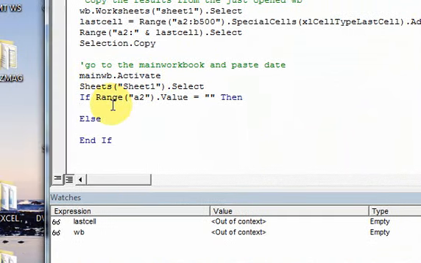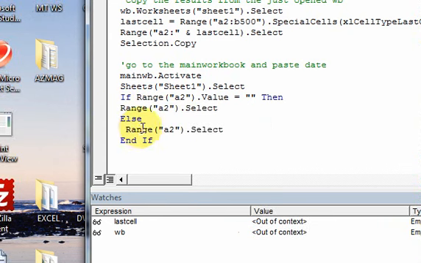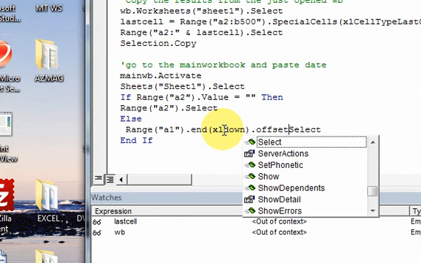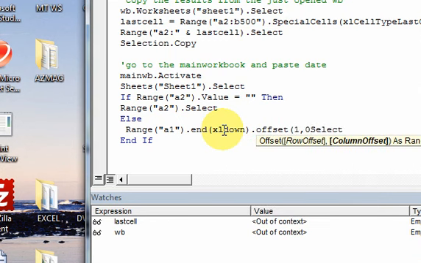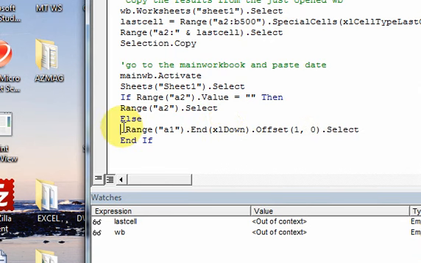So if it is blank, then I just do range A2 dot select. If it's not blank, then I'm going to find me the first row in column 1 that's blank, and I do that by doing range A1 dot end XL down dot offset 1 row 0 columns dot select. So what this does is it says